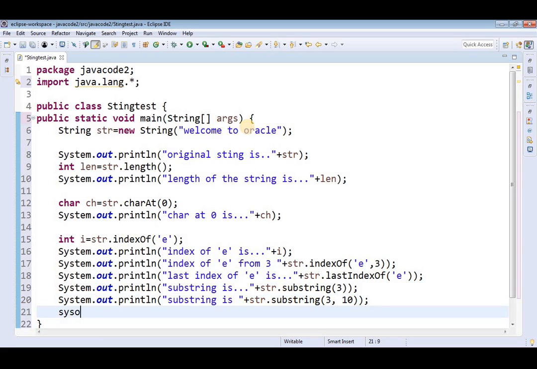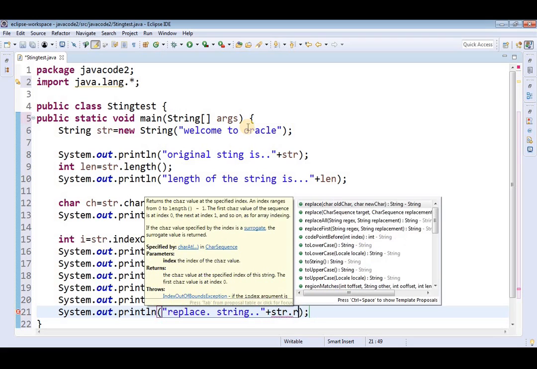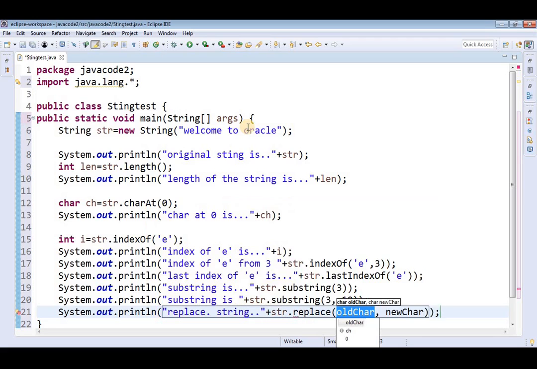Next one, sysout, I am using the replace method, that is replace string. Now in the above string I am replacing each and every e. So str dot replace old character e and new character x.